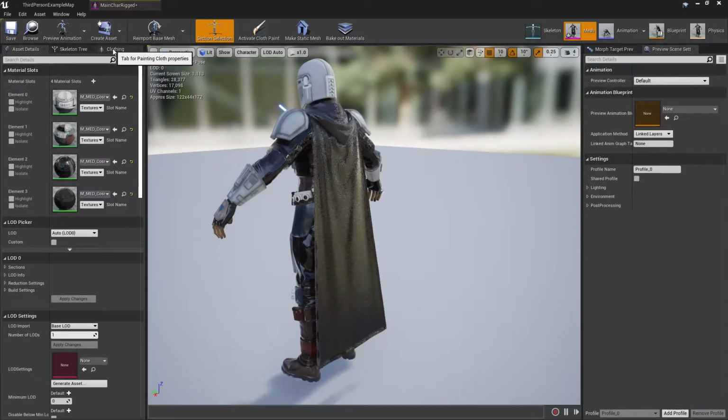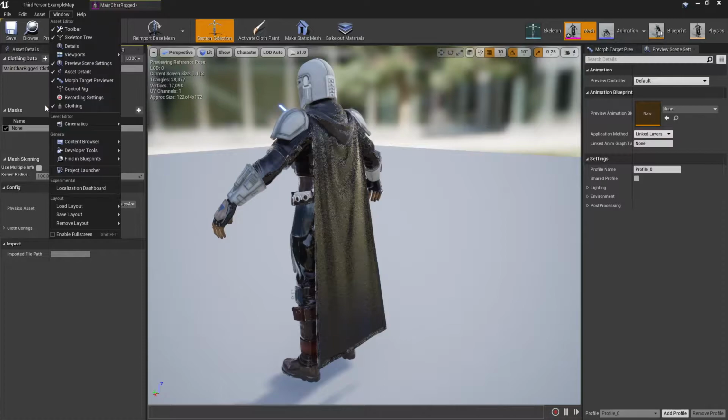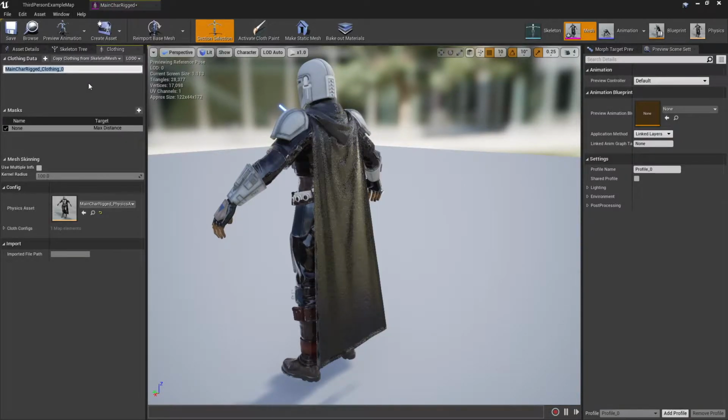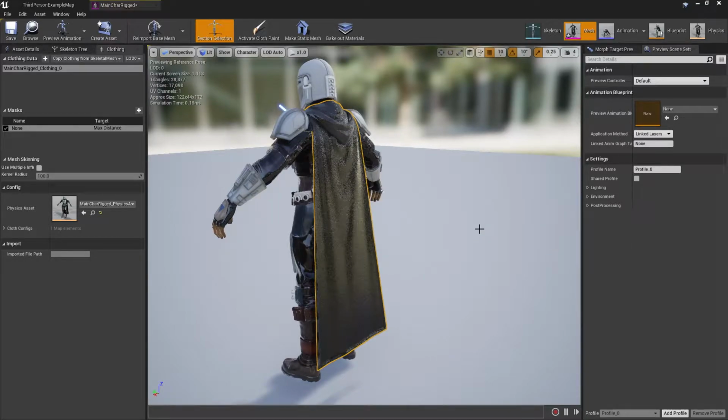Then go to the clothing window. If you can't find the clothing window, just click on Windows and enable clothing. Now select the clothing data, right click on it, and apply the clothing data that we have already created. That's how we store all the data of specific clothes in clothing data.